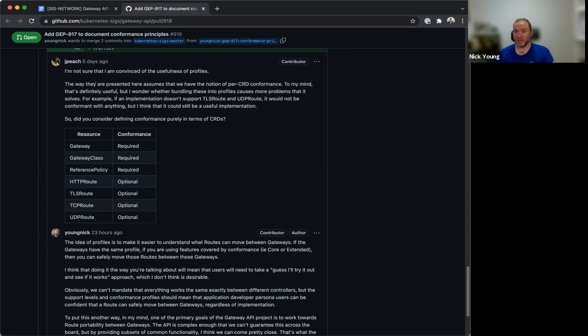The corollary to that is that the conformance has to be versioned. It has to be versioned by the bundle version, probably, but it has to be versioned by some version of that. Basically, you can only be conformant to a specific version of the gateway API. You can't just be conformant to latest or something like that. Whatever your conformance is, it has to have the caveat that it's a specific version. And that implies that when we do the versioning, the conformance tests and the test harness will be bundled as part of the overall gateway API version bundle.